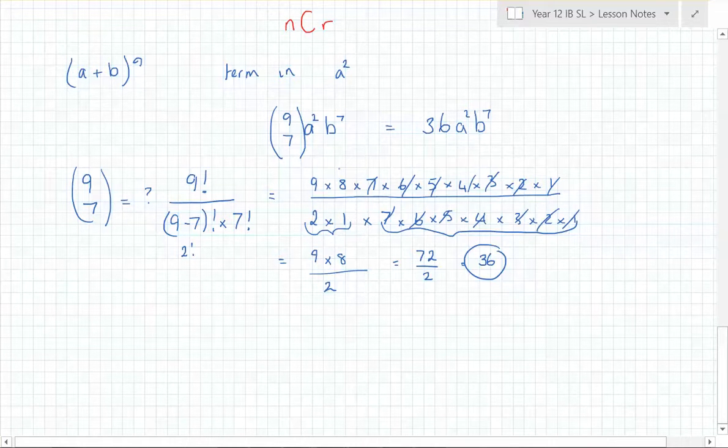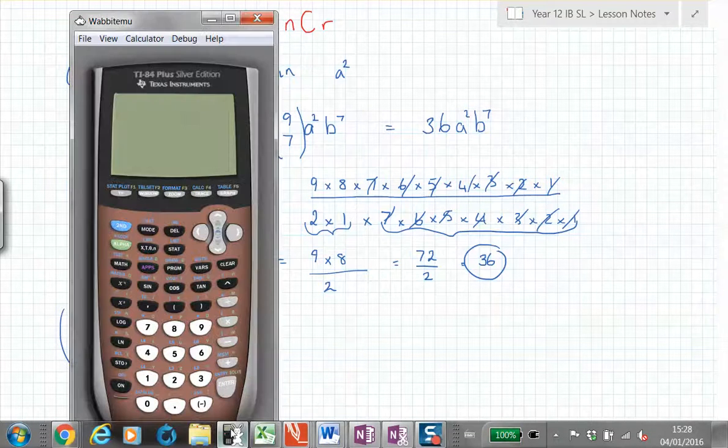Is the division ever going to be hard? It's always going to end up being a whole number. There's never going to be any decimals because none of the coefficients are decimals. Therefore, finding the coefficient without a calculator is expected to be an easy question. Right? However, in a longer question, they might let you have the calculator just to get that done quickly. So there is a method to do it quickly. Right, so that's what we're going to look at. So let's have a look whether we agree 9C7 is 36. Let's check. So if you've got your calculators,